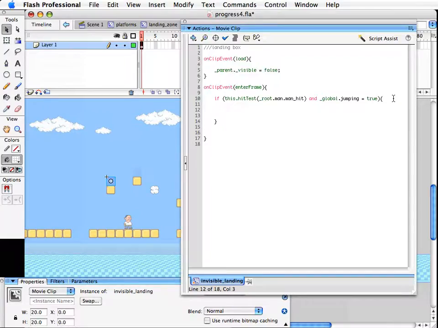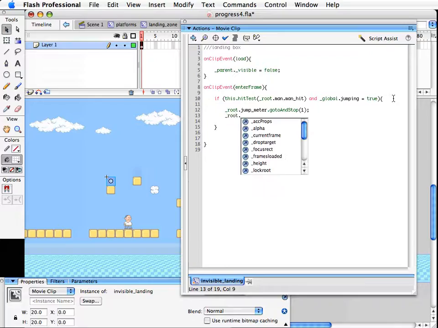So first thing we will do is make this guy stop jumping, okay? Because he's going to be landing on something, so it doesn't make any sense to have him jump any further. So we're going to say go to and stop 1 for our jump meter, okay? So that'll put that back to 1, where it's not telling it to go up or down anymore. And we're going to also say root dot man y equals